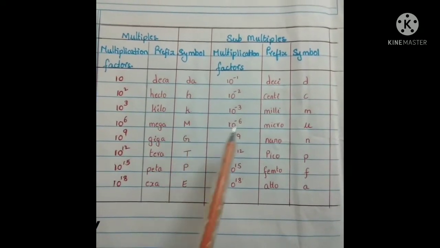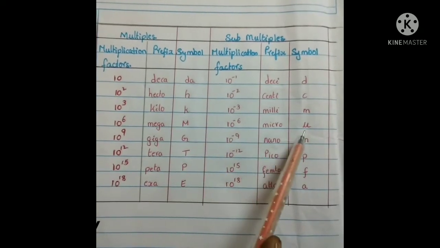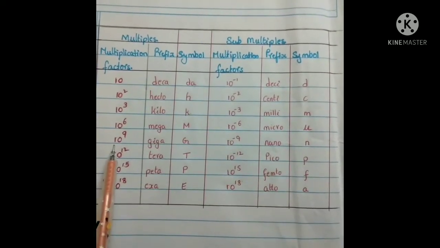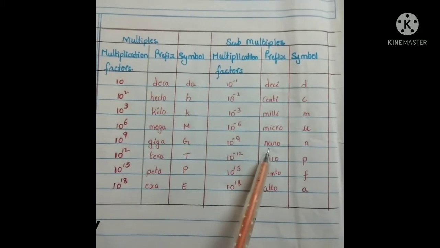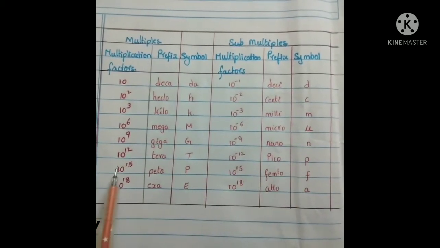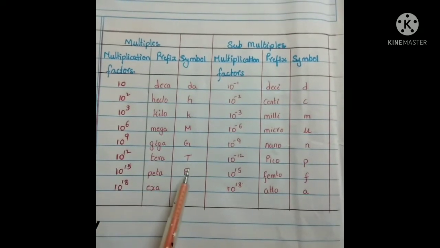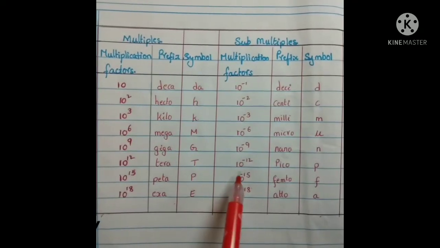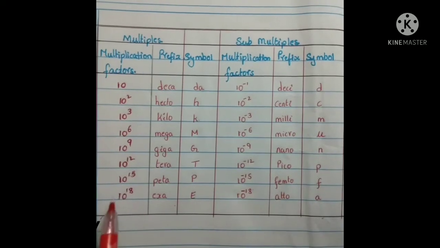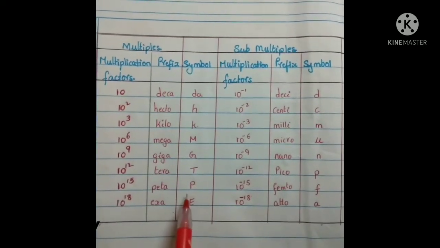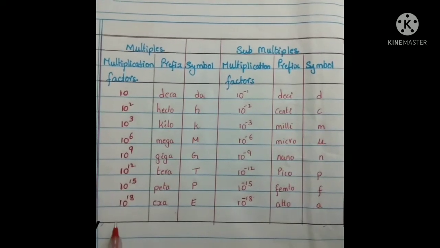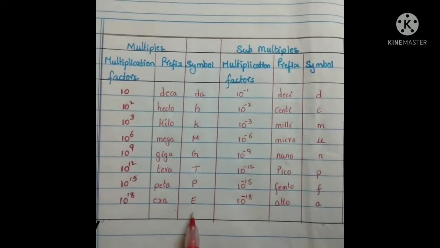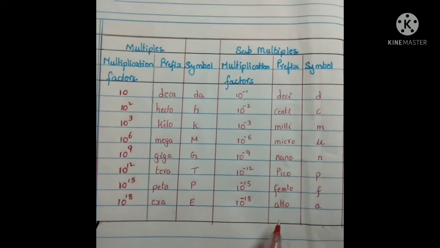10 power minus 6, micro, mu. 10 power 9, giga, capital G. 10 power minus 9, nano, small n. 10 power 12, tera, capital T. 10 power minus 12, pico, small p. 10 power 15, peta, capital P. 10 power minus 15, femto, small f. 10 power 18, exa, capital E. 10 power minus 18, atto,